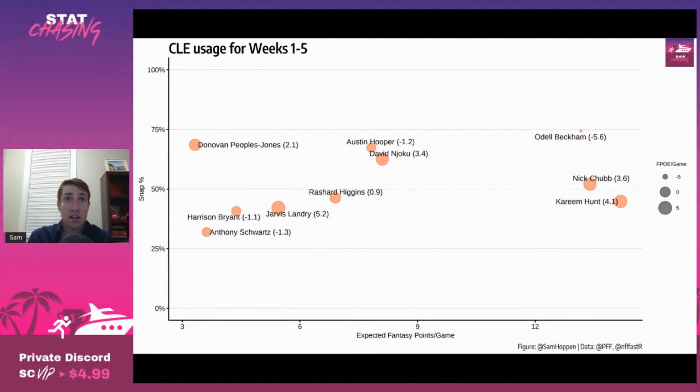But the bull case is that he leads the team in pretty much all stats. He's got 35% air yard share, 21% target share, 88% route rate, a healthy 0.6 weighted targets per route run. And he's also averaging negative 5.6 fantasy points over expectation per game, which is the second worst, ahead of only Calvin Ridley. But I'd say that Ridley is the much better buy low at this point, just based on team-level situation, pass rate, concentration of targets specifically.